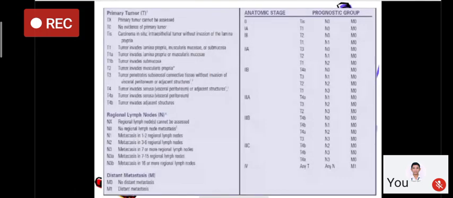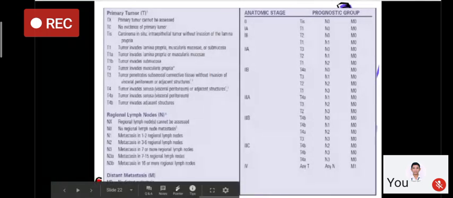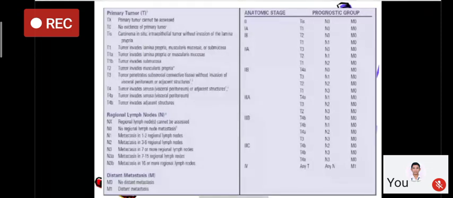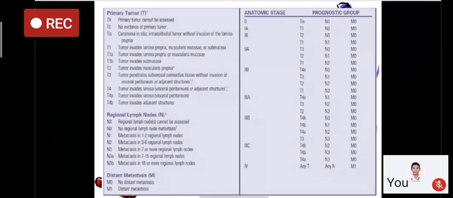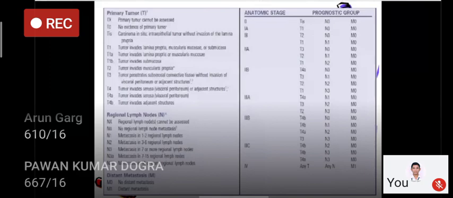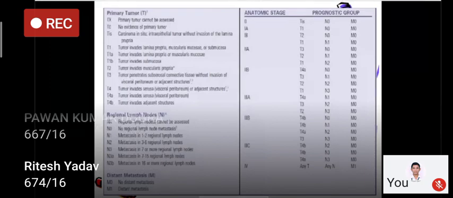This is very important to understand about the nodal status here. Now we have discussed nodes 1 to 16, so many regions. What we say is that 1 to 2 nodes are involved, out of these 16, only 2 nodes are involved. That means you are removing all of them, then only you can say only 2 are involved. If you remove only 2 and say none is involved, that is not the point. You have to remove all of them, and then only you can say that yes, I have removed them. How many nodes